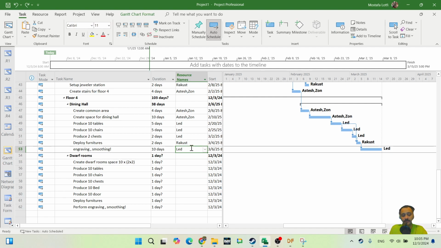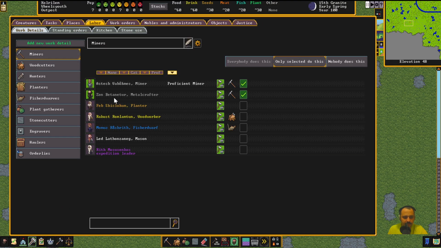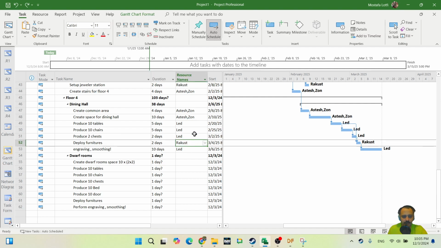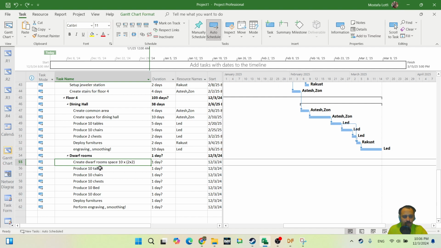He's master of... no, lead was mason. Let me double check. Sometimes I forget. Lead is mason, yes. Let lead do it. Okay, then because these 2 gentlemen are going to work on dwarf rooms, so once the